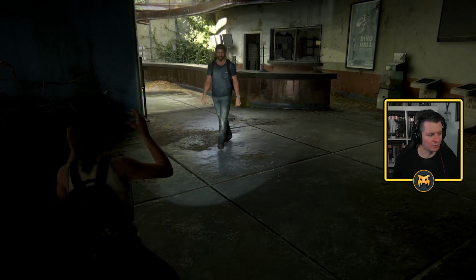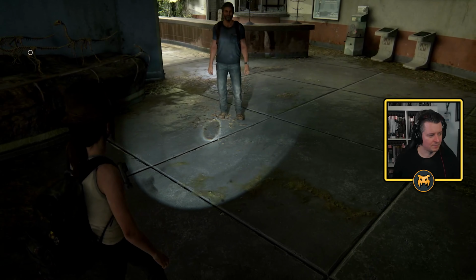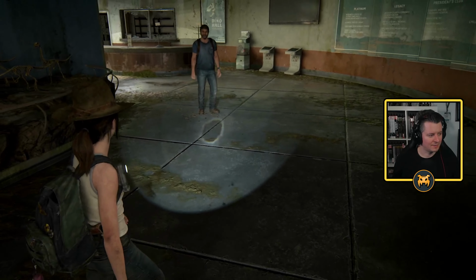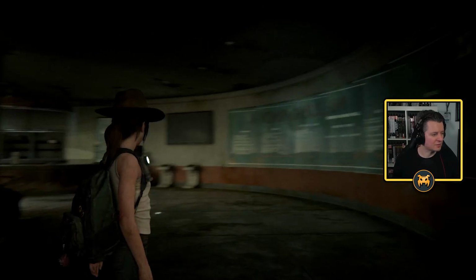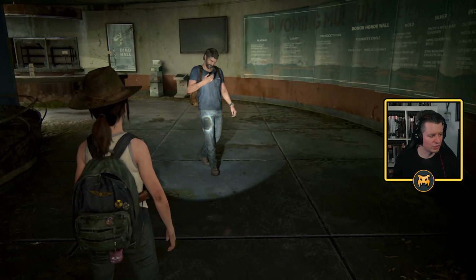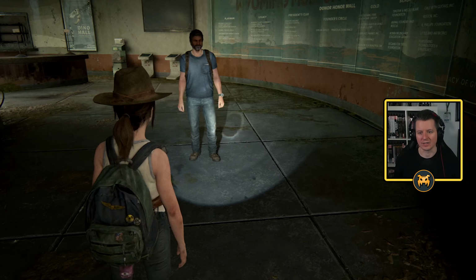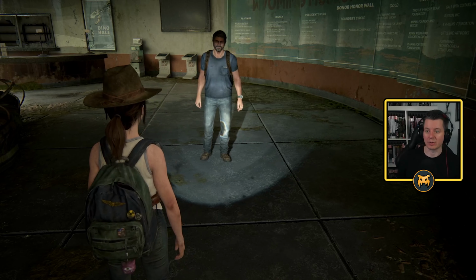There we go. Much more relaxed walk cycle. Even when he's having a look around and admiring a lot of the exhibits, he does so with his animation being generally more chill. That's a much more normal walk, for example, compared to a lot of the other times where characters are walking and running around in The Last of Us,